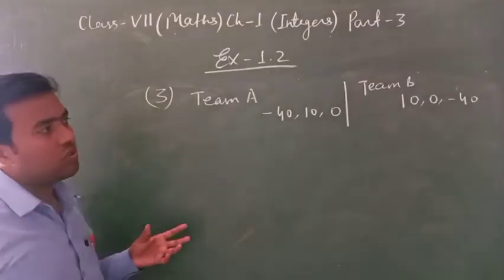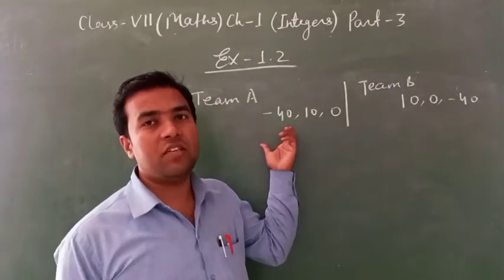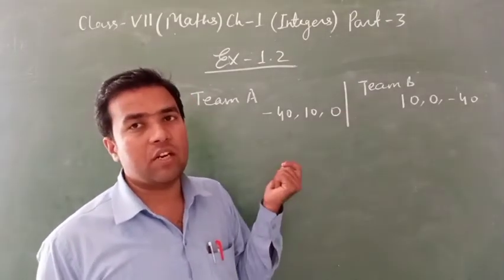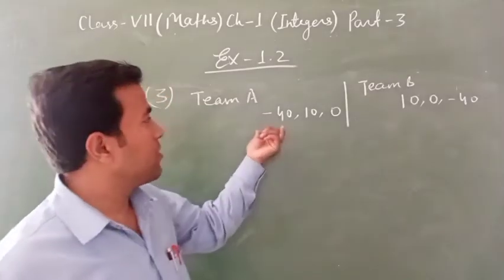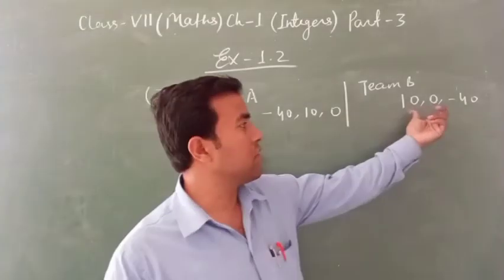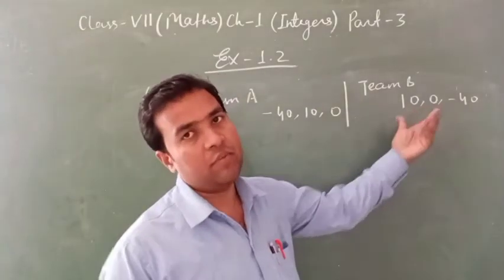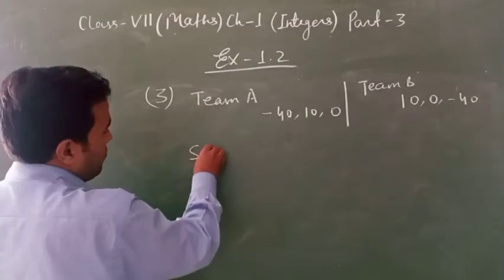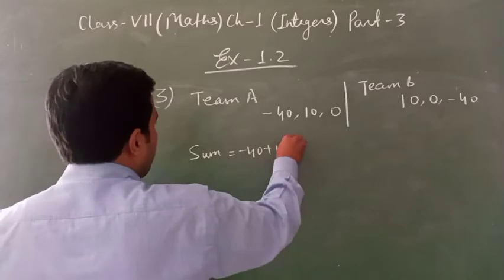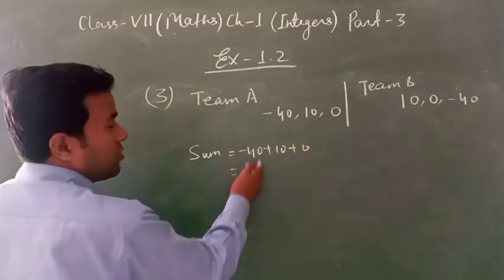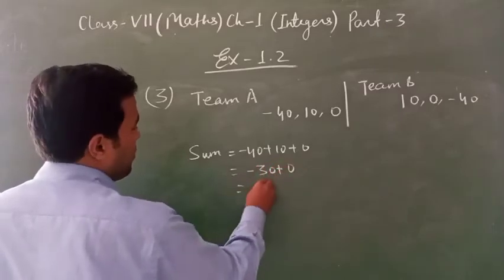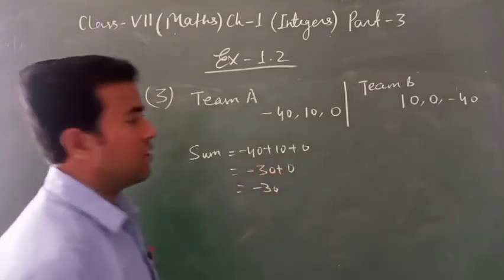After that, you think which team made the maximum score. Clear? So what can we do? We will find the sum of all scores of team A and the sum of all scores of team B. So the sum is minus 40 plus 10 plus 0. So minus 40 plus 10 is minus 30, minus 30 plus 0 is minus 30. Clear? And team B